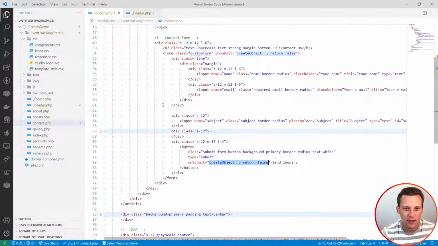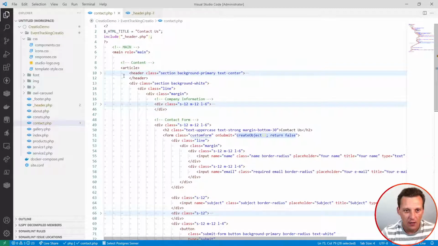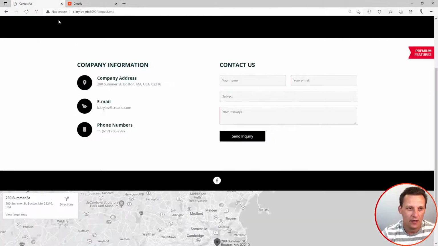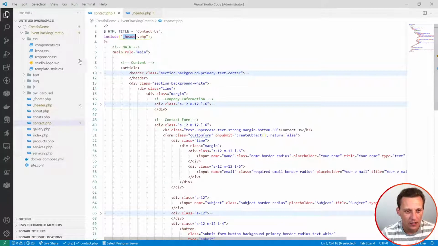Now, it just so happens that in my particular application here, in the contact PHP page, I am also including something from a header. Okay, so I have header information, and essentially this header information is all about this black bar and these logos and these fellas, that's all header information. So I'm including all those necessary JavaScript files inside the header, so I don't have to include it on every page. So if we're going to take a look at the header,